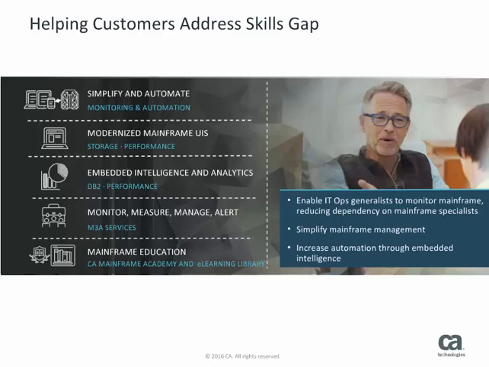This enables customers to increase efficiency of their IT operations by turning their Level 1 general IT ops support staff into Level 2. This helps them to more quickly identify and triage infrastructure performance problems across open system and mainframe environments, and then seek assistance from the appropriate specialists, which frees up their limited number of mainframe specialists to focus